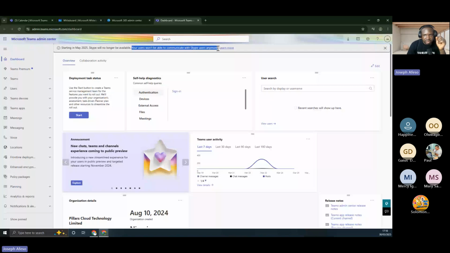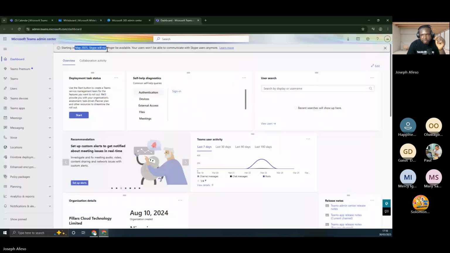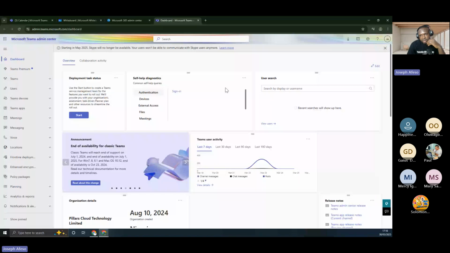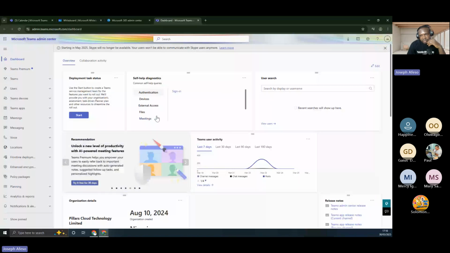So what this is saying is that starting from May, you will no longer be able to communicate with Skype for Business users. This is saying deploy task status, and then this is self-diagnostics, if you want to do authentication devices, external access, files, and just a few things that you may want to check.